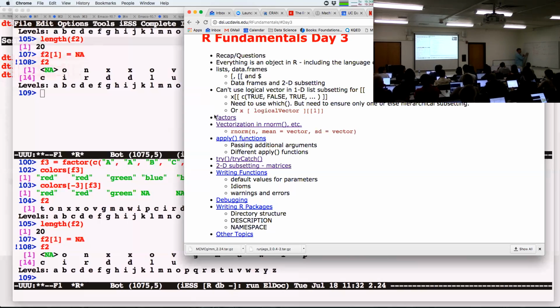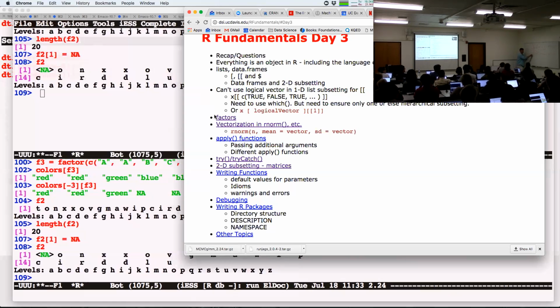We want to be able to do something like M of c(2, 2, 2, 9)... let's put this together: M of c(2, 9) and c(3, 7, 4). So the 3 goes with the 2, the 7 goes with the 2. I got it all right. What will this give me back? This will give me back the second row and the 9th row, and within those, the 3rd column, the 7th column and the 4th column, so it's going to be a 3 by 3 matrix, which is not what I wanted, because I know there are only 3 numbers. So I know I'm immediately wrong. Okay, so this is not good.